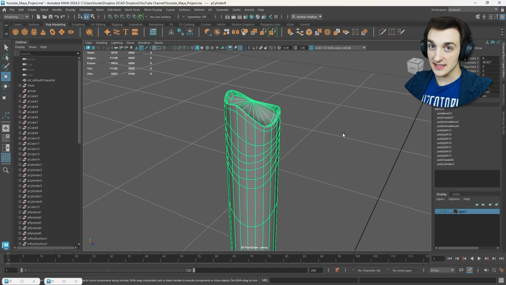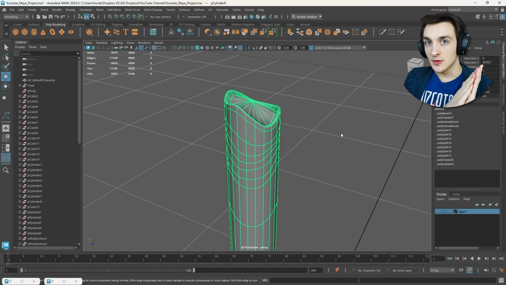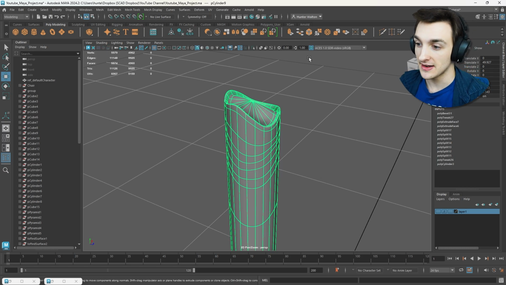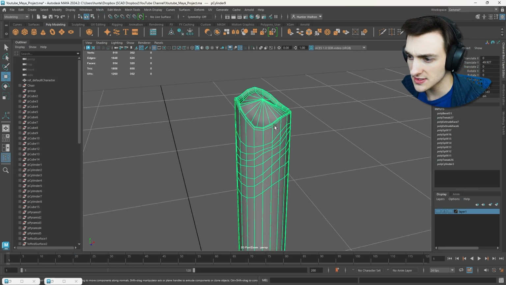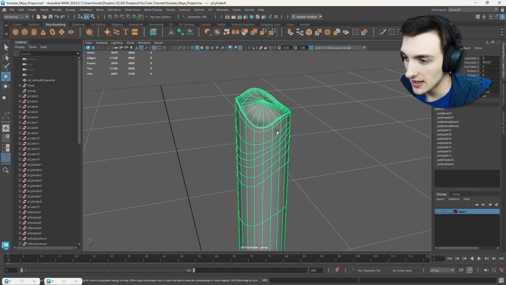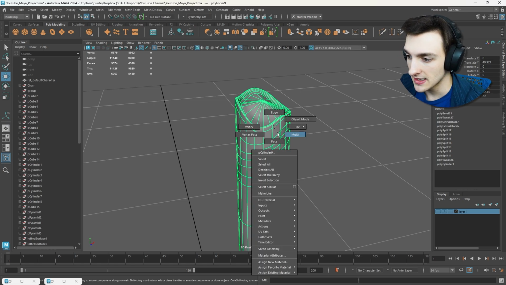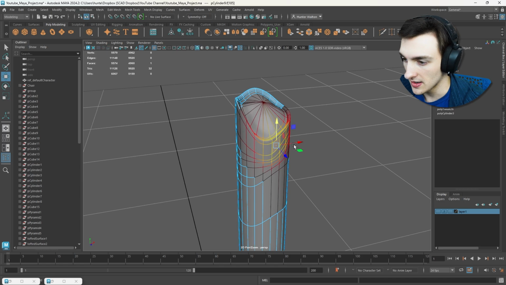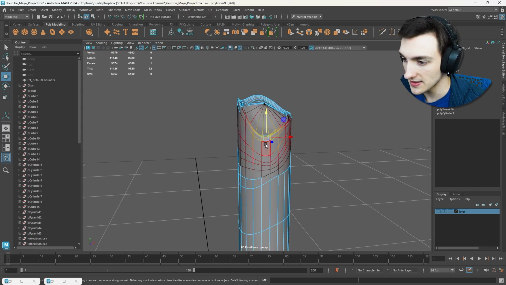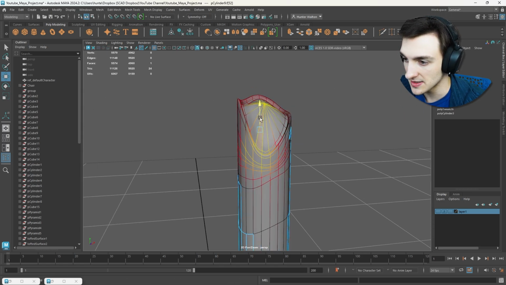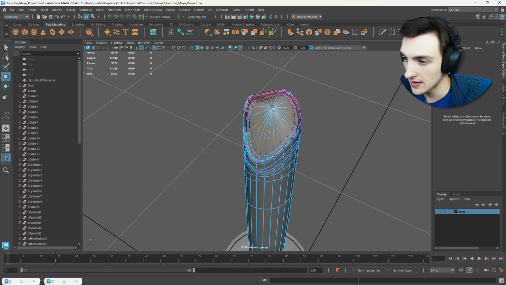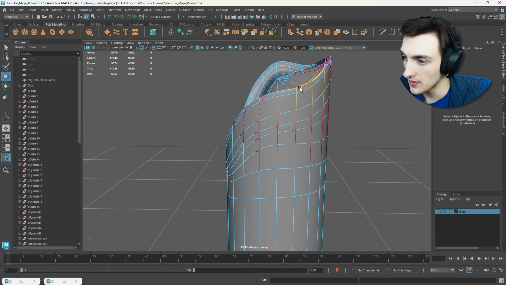But this is not actually smoothing your model out. This is what is called Smooth Preview, and it is a way to show what your object will look like after you use the smooth tool, but without actually committing to creating the smooth yet. So we're gonna do the soft select, trying to make it look waxy in our smooth preview, so we can see what the final product is gonna look like rather than just the sneak peek that it's giving us. And we'll just mess around for a while, try and get what we want